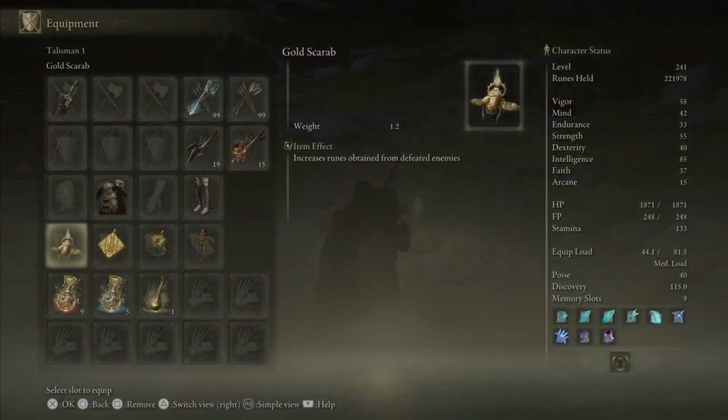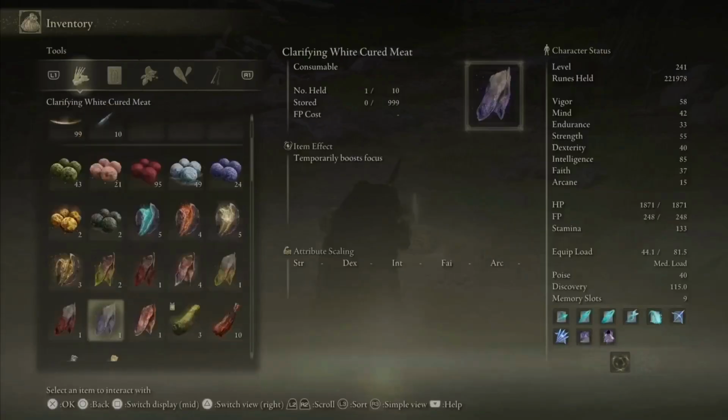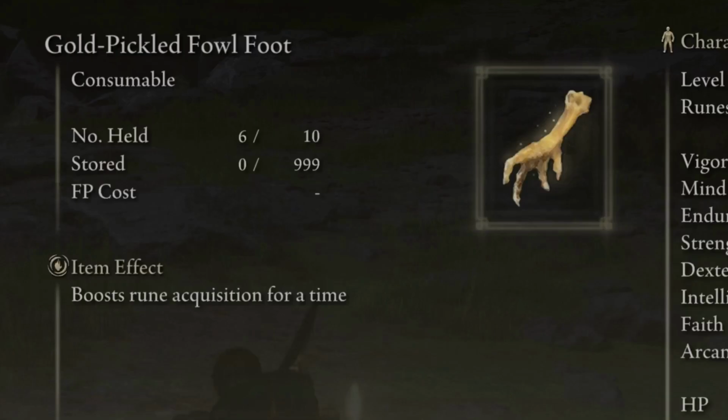All of this testing was done with the Golden Scarab Talisman and not using the Pickled Foulfoot, which you should definitely use on your own rune farms,